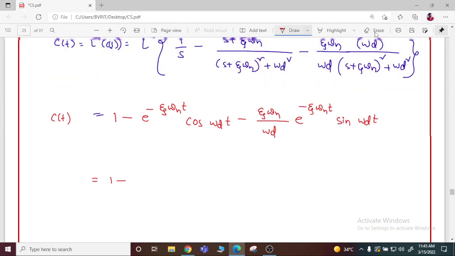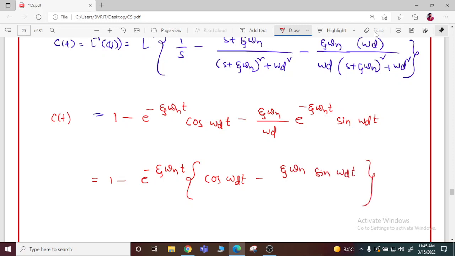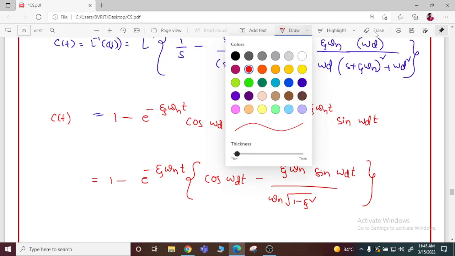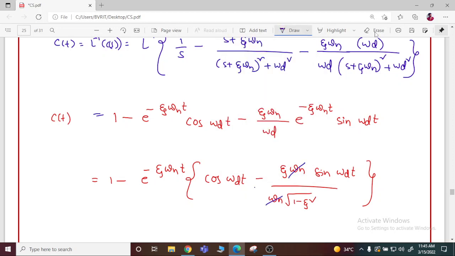Here, taking common, this will be cos omega d t minus zeta into omega n sin omega d t divided by omega d, and I can replace this omega d with omega n into root of 1 minus zeta square. So this omega n and this omega n get cancelled out,